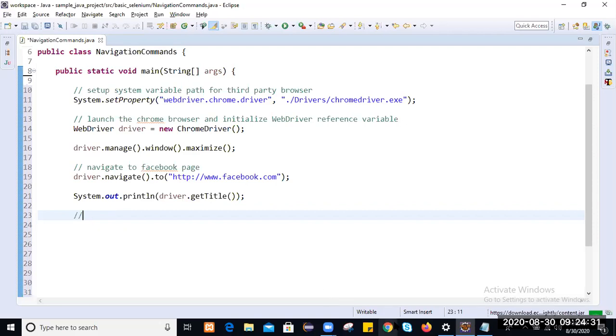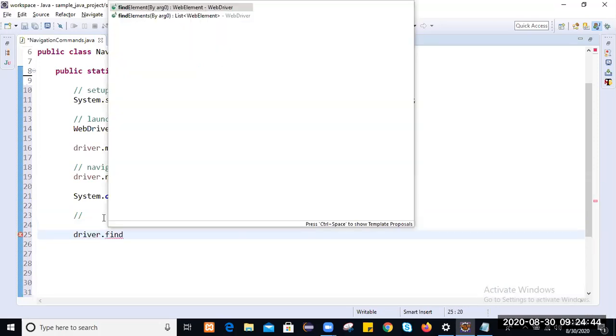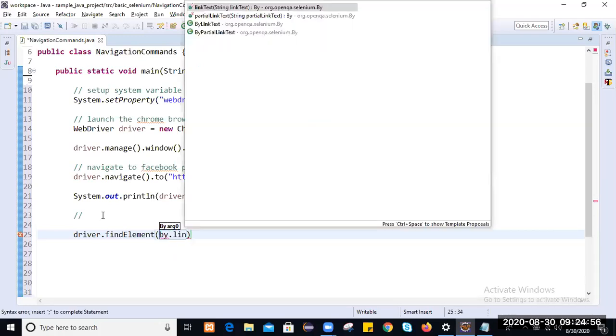On that page there is a forgot account link. We'll perform a click operation on that link. Just find that web element using driver.findElement. We'll find that web element and then click on it by using link text or partial link text.